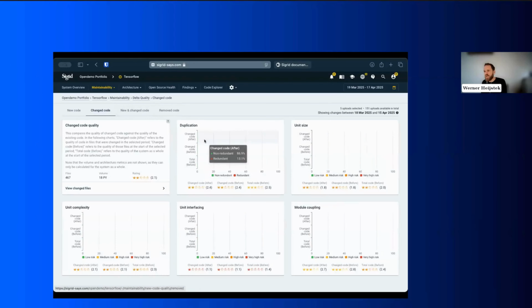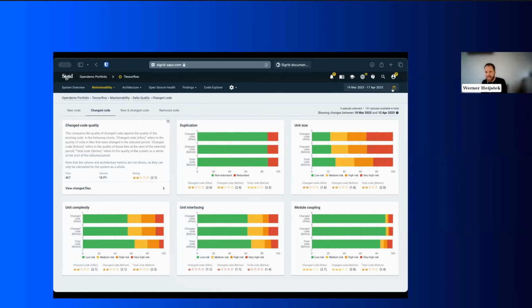You can look at a combination of that code that they actually committed, and you can look over specific periods of time. And so often it's nice if that corresponds with a sprint. And so you can use it as part of your retrospective, where you look back: what have we done this sprint? And what can we do better next time? What did we learn? And specifically from my quality perspective.